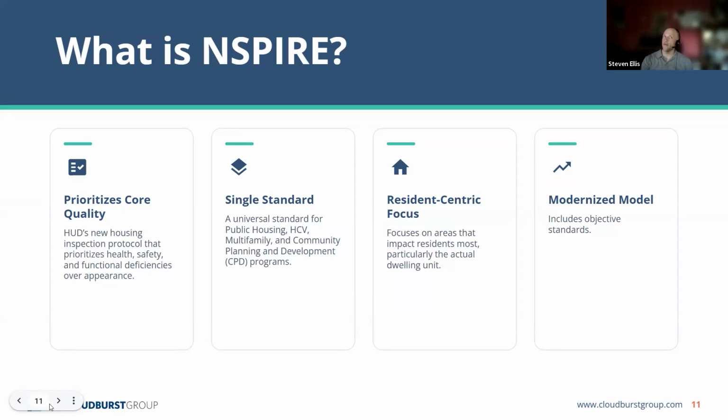The big piece about Inspire is it's really going to shift to you spending more time inspecting where the family actually lives, their private space. While you will do some of the more common areas, that's not entirely out, you'll spend a lot more time where families spend most of their time. That's what Inspire wants. We want to make sure their private space, where they're spending most of their time,